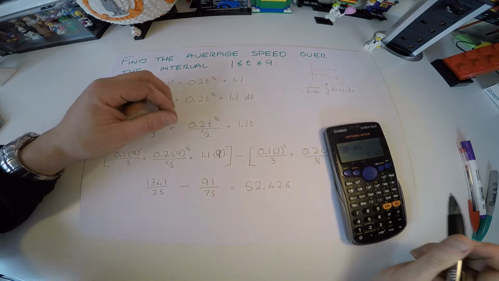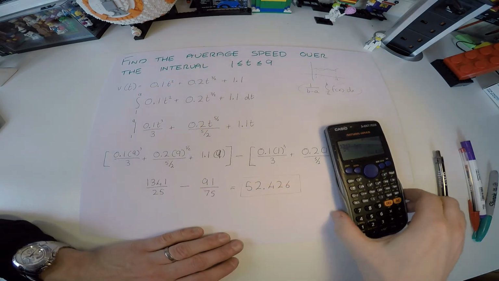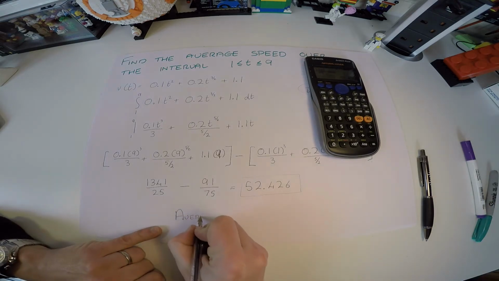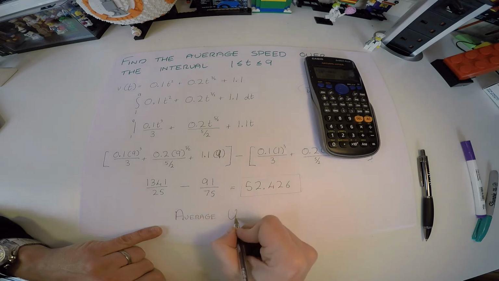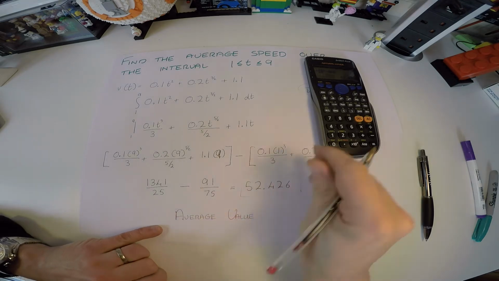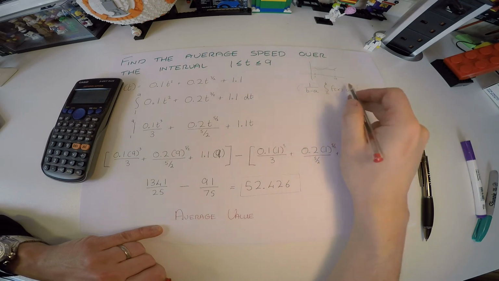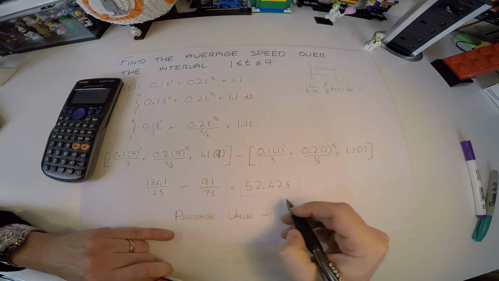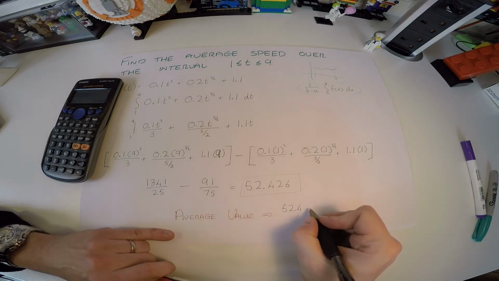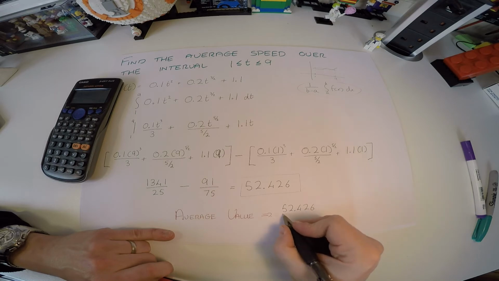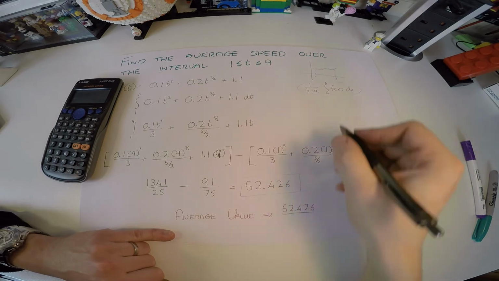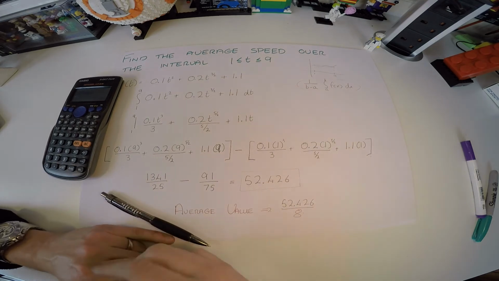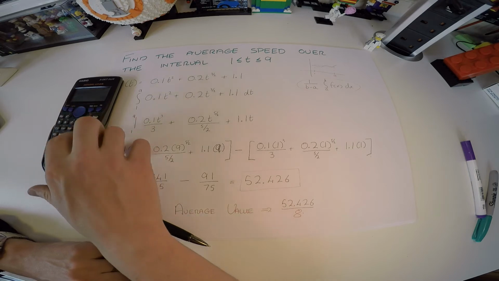But let's remember that this is the integral, but to get the average value, I want to divide that by the distance between these two functions. And I said this is the type of formula you may remember. The average value, it says that we must do 52.426 divided by what's, well, 9 minus 1 is going to be 8. I'll put it in red so you see that's what the difference is for average value. So divide that by 8, and that gives me